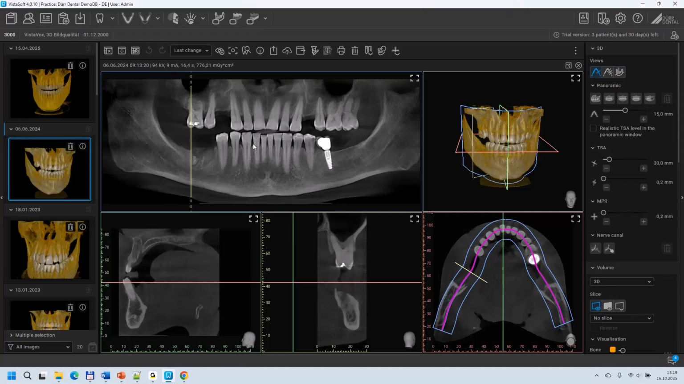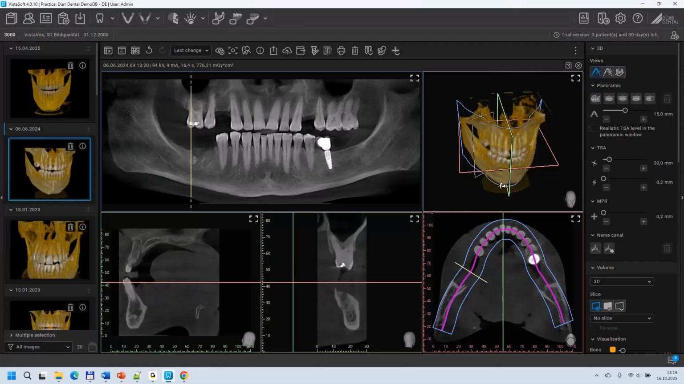Why do we call it Pano View? The reason is that we have an overview of our CBCT scan. First of all, at the right-hand side here, it is our rendered image coming directly from the CBCT scan from VistaVox. As soon as I, for example,